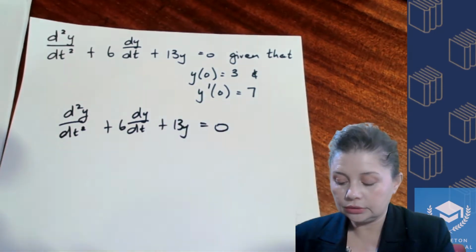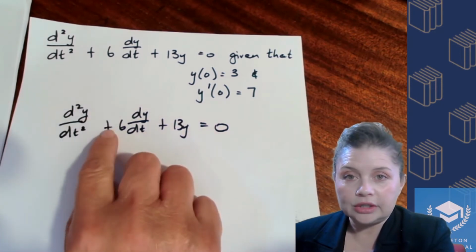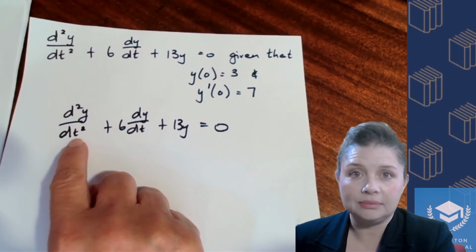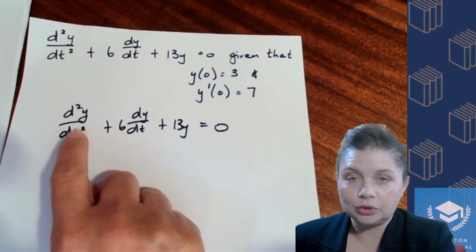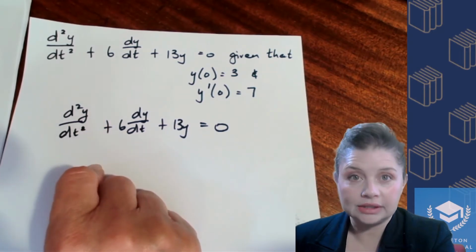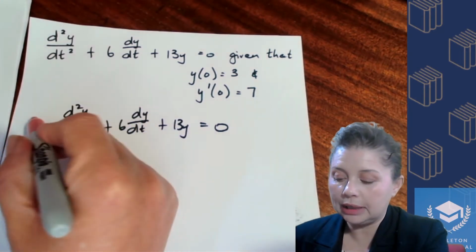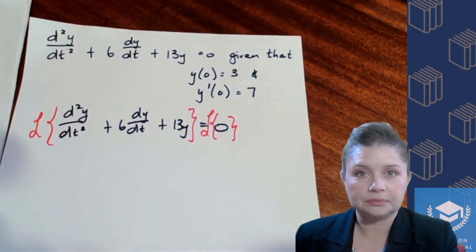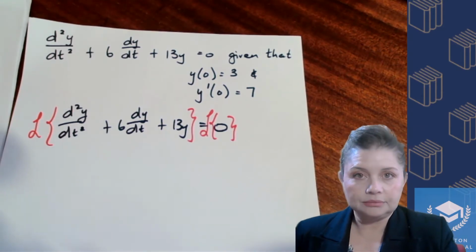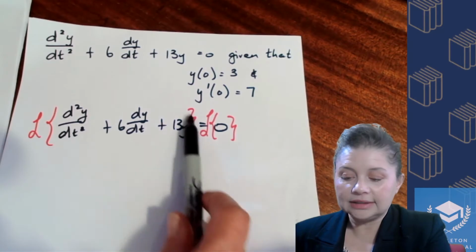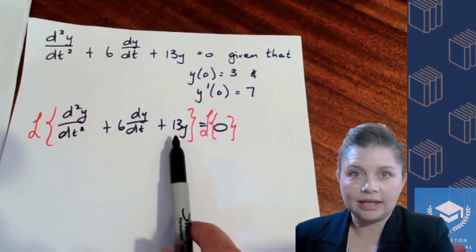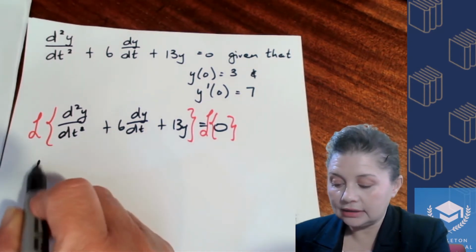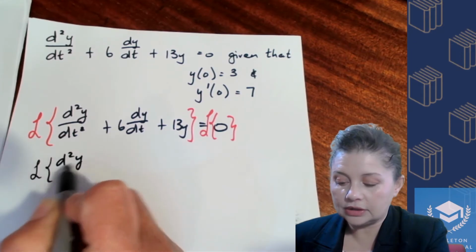13y equals 0. So this differential equation is in your time domain, right? This is where your independent variable is t. We're going to be using the Laplace transform to take it from the time domain into our frequency domain. And the way we do that is we apply the transform to both sides of the equation, okay? Then the transform of this entire side of the equation is the same as the transform of the sum of the parts. So I can write that as the transform of the second derivative